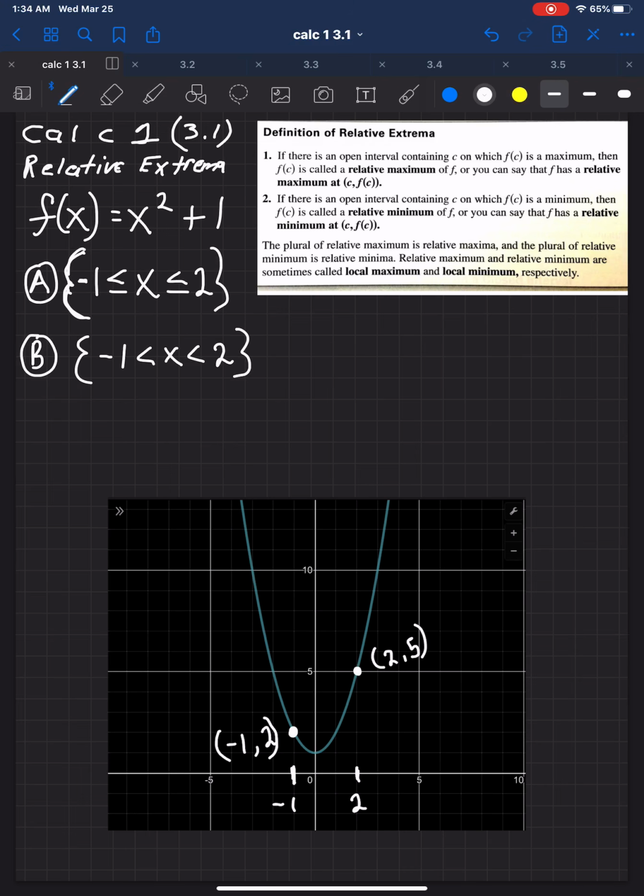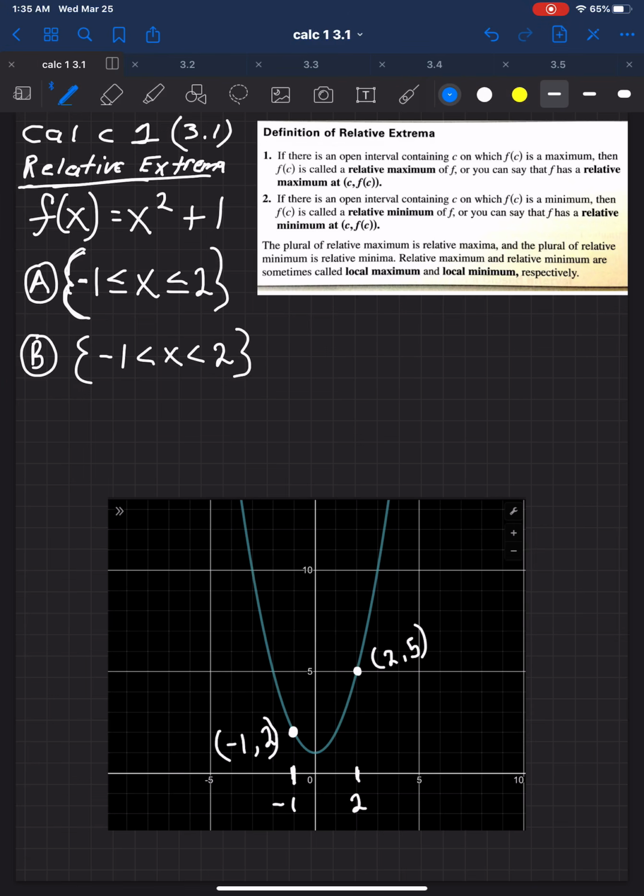Okay, so relative extrema henceforth means minimums or maximums, and they can be relative mins or maxes or absolute mins and maxes. Does not matter. We're just saying relative extrema. Ready? If you hear relative extrema, just start thinking, hey, we're talking about mins and maxes.